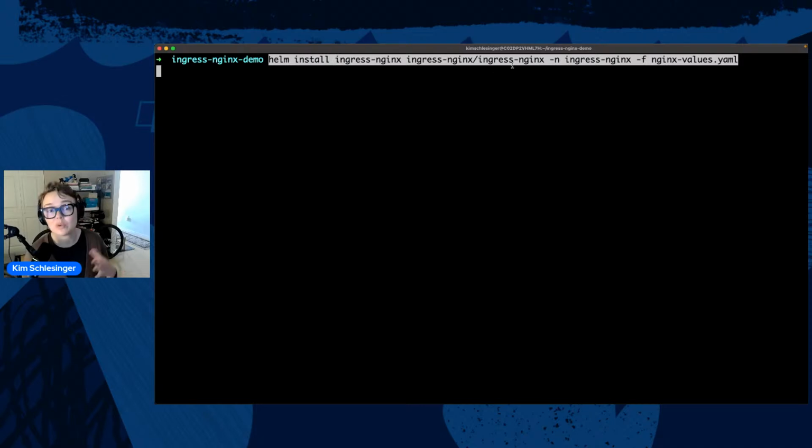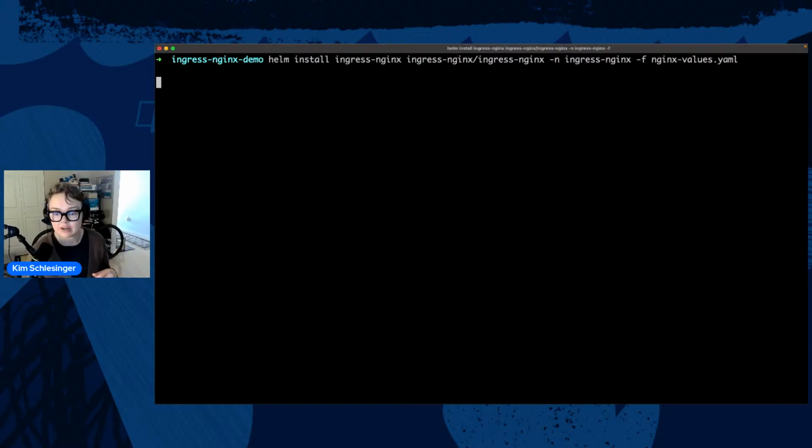And then you say which Helm chart you want to get it from. So I'm saying, hey, I want the Ingress Nginx Helm chart from the Ingress Nginx Helm repository. I'm installing this in the ingress-nginx namespace, and then I'm passing it that file that I just showed you, which is called nginxvalues.yaml. So we'll hit install there. And it might take a little while.